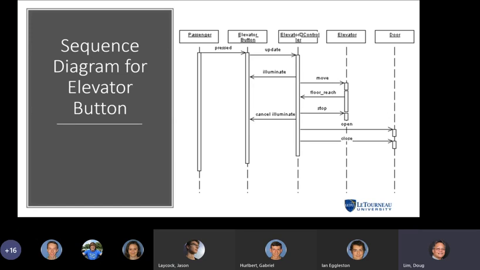So that would be a high-level architecture decision. But in terms of the actual sequence diagram, there is no restriction on events crossing all the way. For instance, it is possible, and it probably doesn't make sense in this design or this particular problem, but it is possible for the passenger to send something directly to the door.